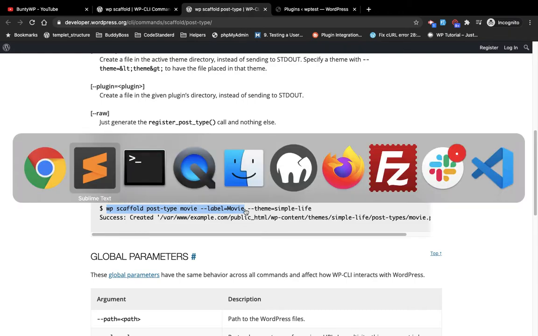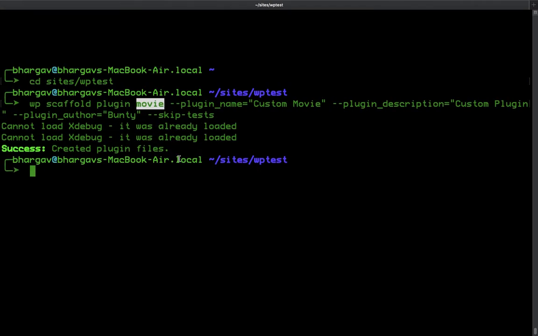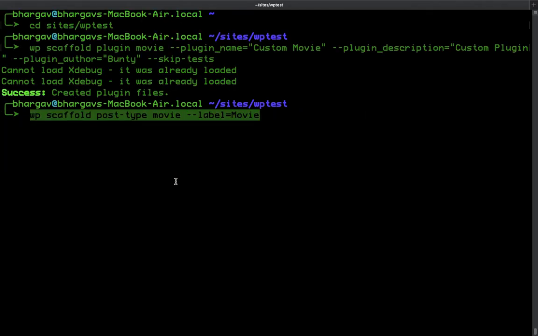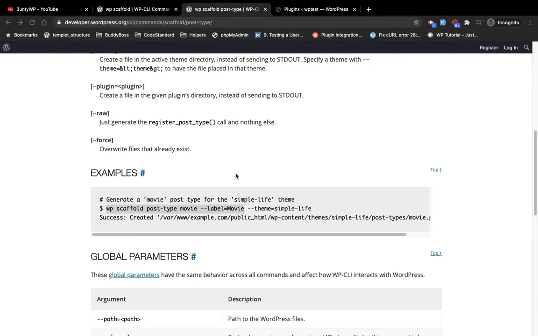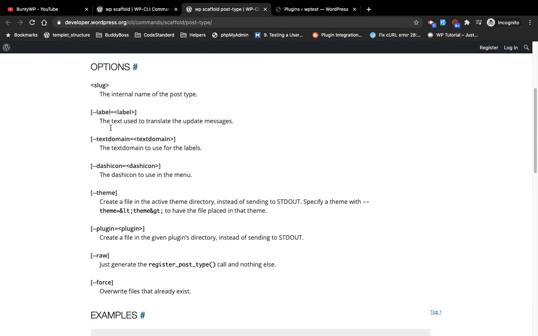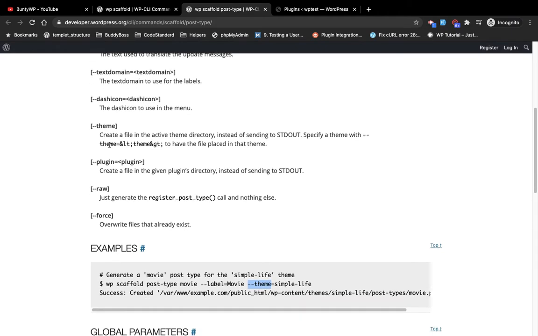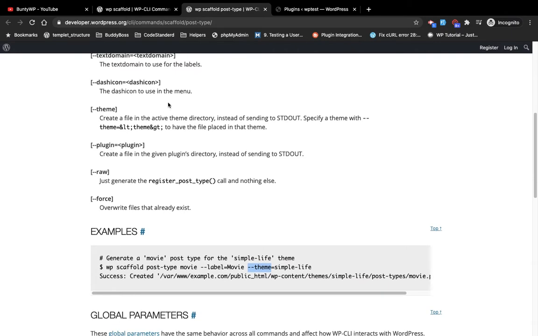I will copy this command and paste it. So WP scaffold post type movie. We will be creating a post type called movie, and the label will be movie. Now, these are some parameters you can use while creating a post type. Instead of theme, I am going to use plugin, because we have just created a plugin,